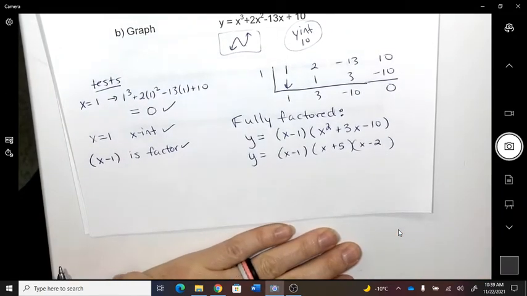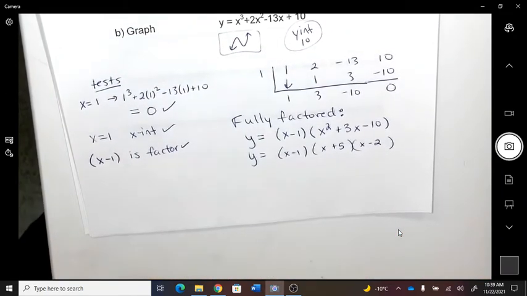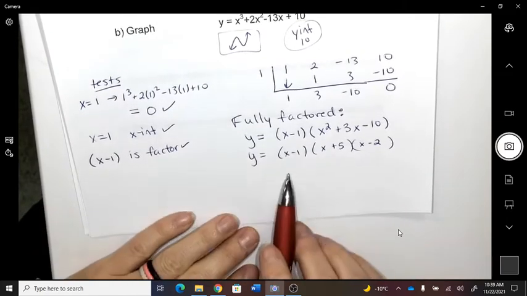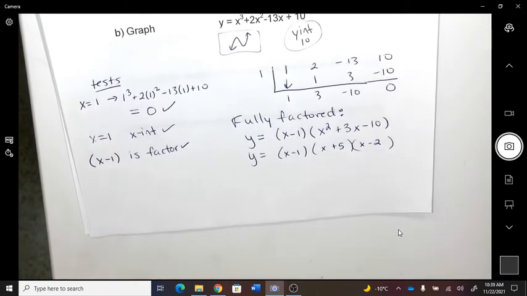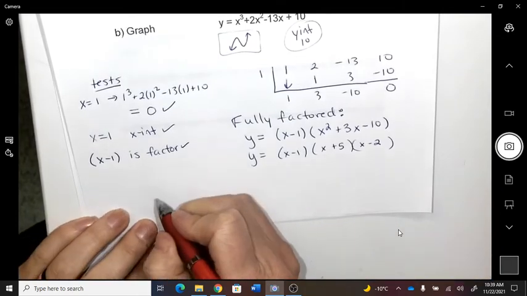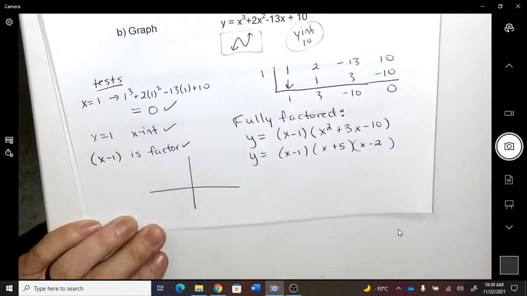Okay, so if I say, on a question, write the fully factored equation, this is all you would do. If I said in the question, state all the x-intercepts, you would have to do this work, except you would state 1, -5, and 2, right? So depending what I asked. But since we said graph it,